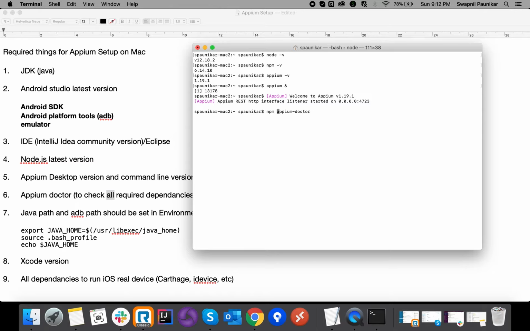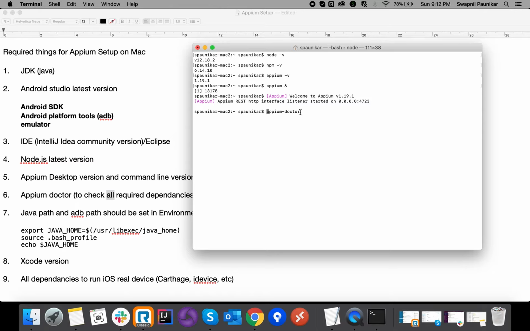So you just have to enter the command apm doctor. Once you hit it, it will show you all the checklist or the dependencies required in order to run your script on Android or on iOS. These are basically the warnings. So what are the basic checklist items we have to follow, guys? If Node.js is installed or not, and it should be installed on this path, /usr/local/bin/node. This is the node version it is checking.